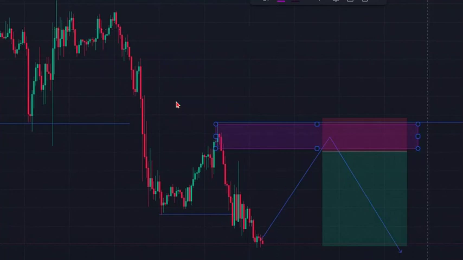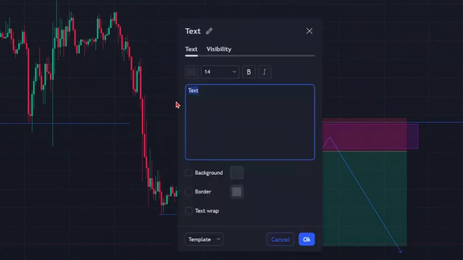So, okay, you can label this as 30-minute supply zone because we're going to a higher time frame. So if you can label that for me, just 30-minute supply zone, just double click on the box. Yeah, 30-minute supply zone because it's a 30-minute chart, right? Yes, sir. Yeah, and then if you can make that font a 10 because it's on 14,